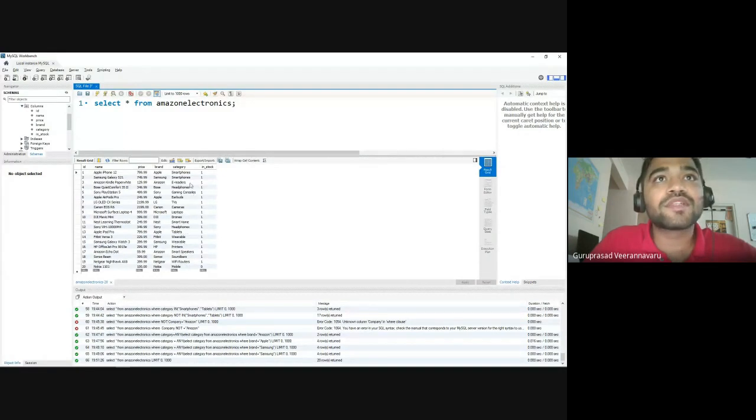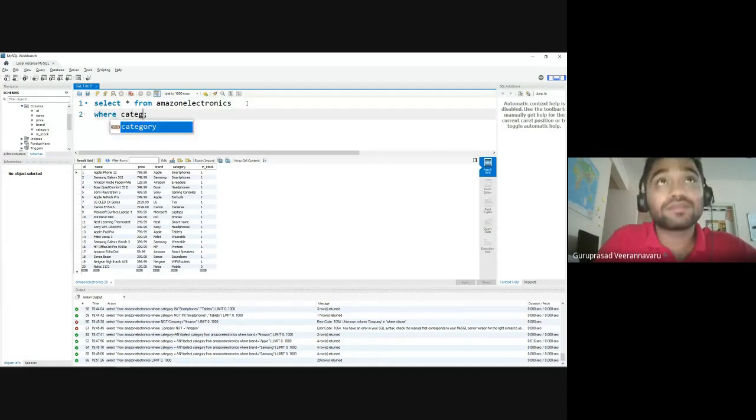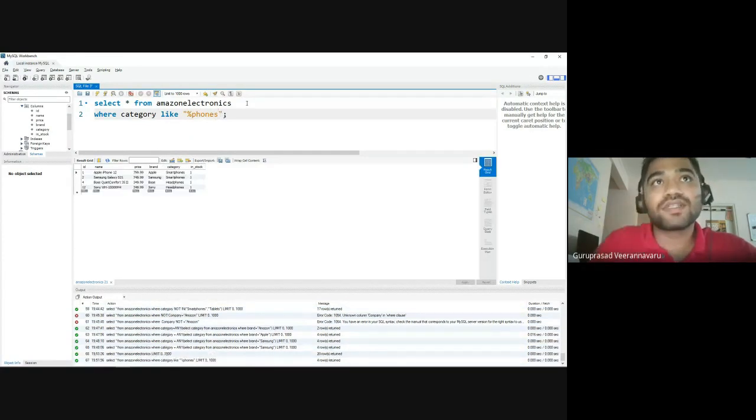Headphone will come, smartphone will come. So if I was to do that, select all from Amazon items where category like percentage and then phones. Okay. So now if I hit enter, this has given me all the categories which are ending with phones,